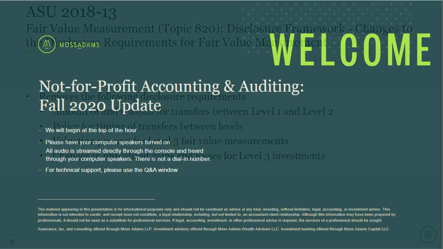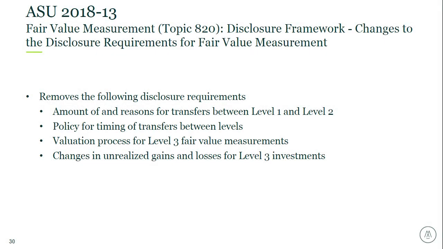All right, moving on. The next accounting standard that we wanted to talk through is ASU 2018-13. This is related to fair value measurements. So any of you with investments or other assets that are carried or measured at fair value, this will impact your financial statements disclosures. This is another good news ASU in that it is simplifying and removing disclosure requirements. So it does remove certain disclosure requirements.